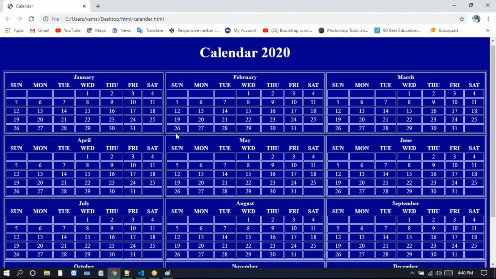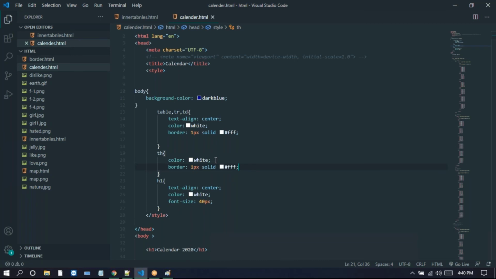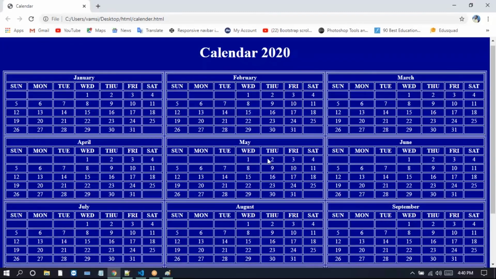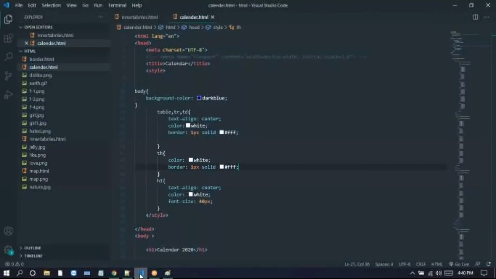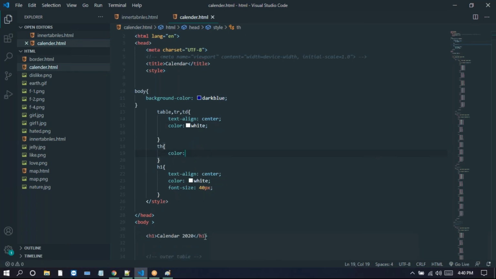We just copy this and paste it for th also. We can place it for th also. Now you can run this one on the browser. See, look at this one, they're having borders. We just created th here. Like this we can create the border. If you don't want this one, it is looking clumsy, right? Then we just undo these changes. I'm just undoing this one.